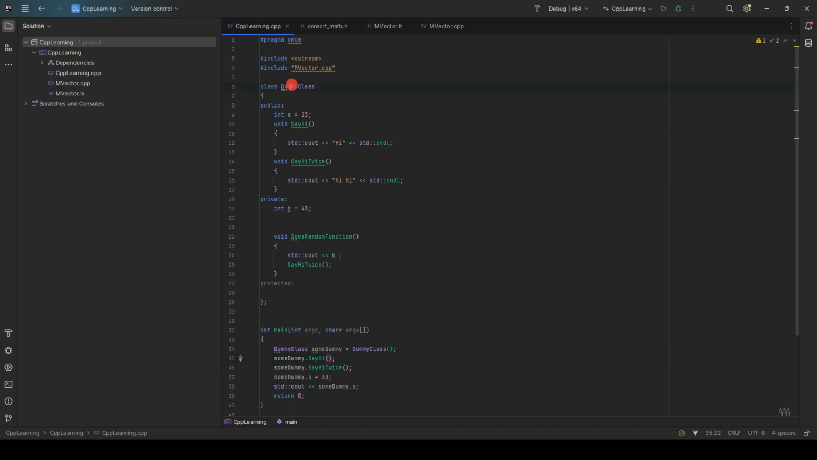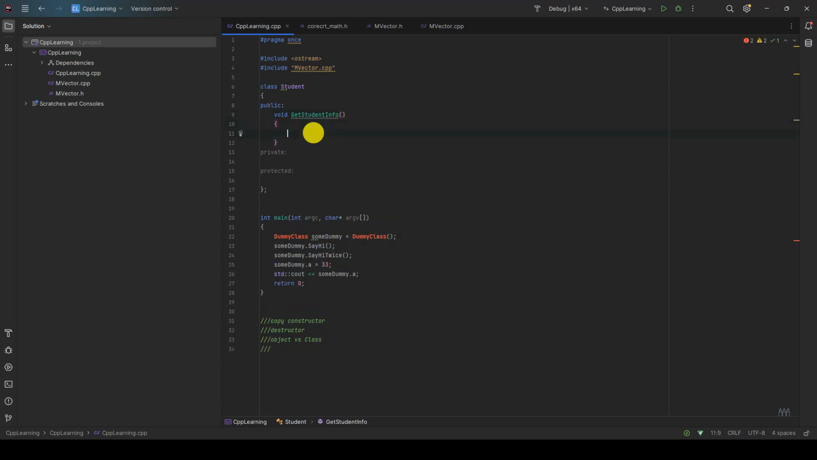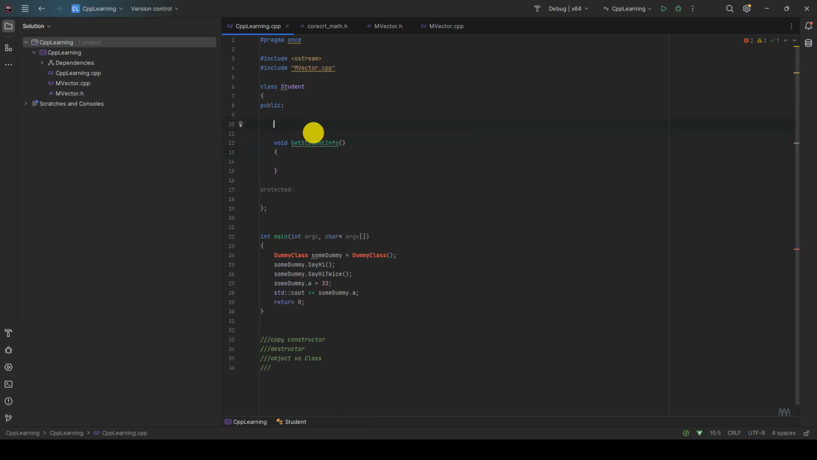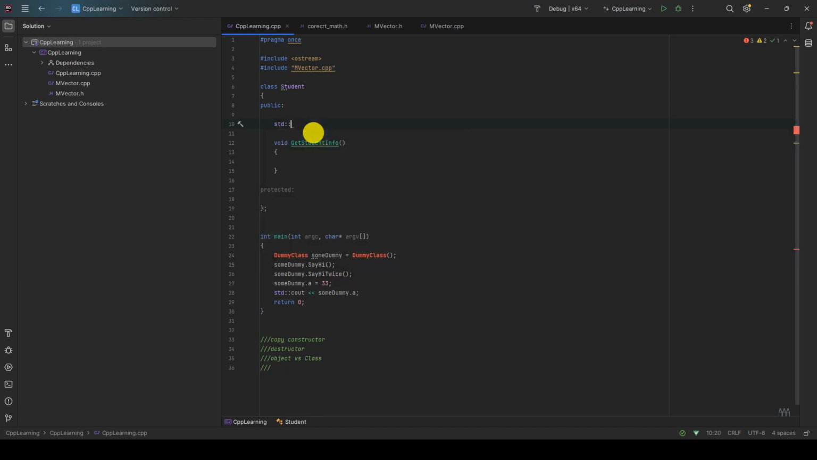One of the options is that I can have the class called students, and in the public section or private section, in the public section I will create void get student info. For now let's work in public only, so it will be really easy to understand. And here we will have string